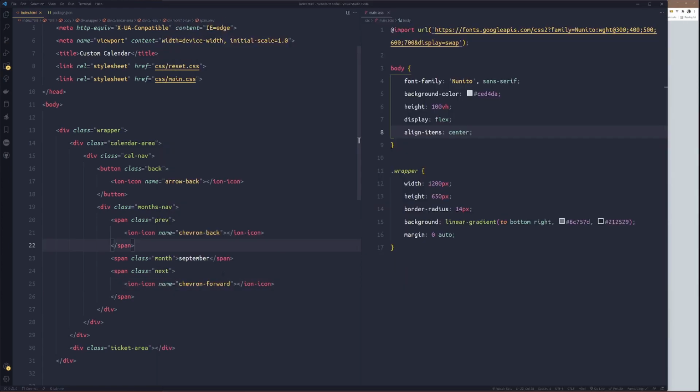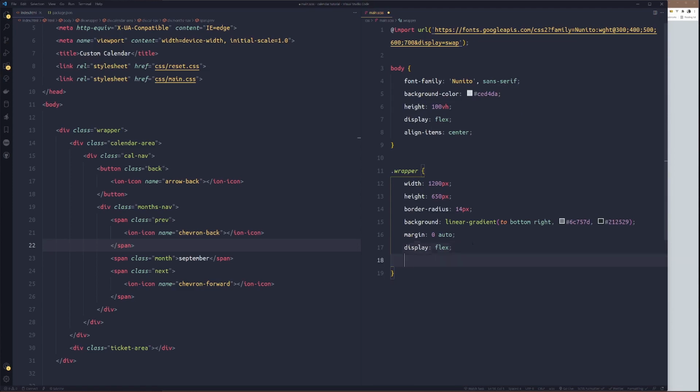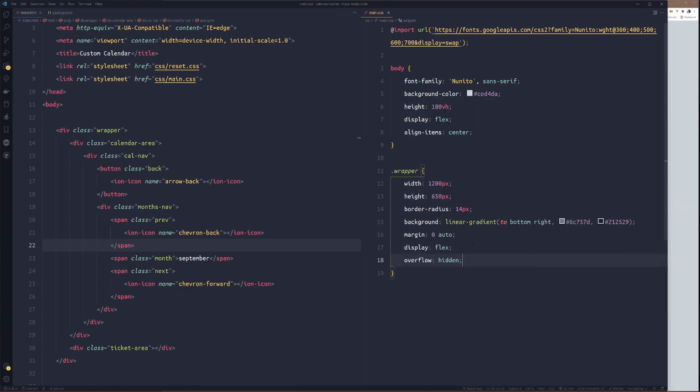Okay. So more style. So what we'll do now. I'll set display to flex here. Then overflow hidden.